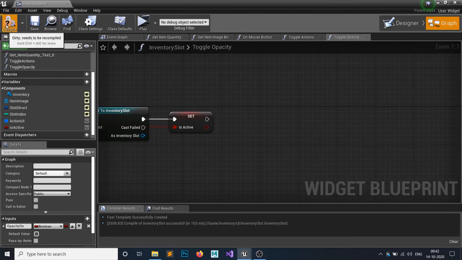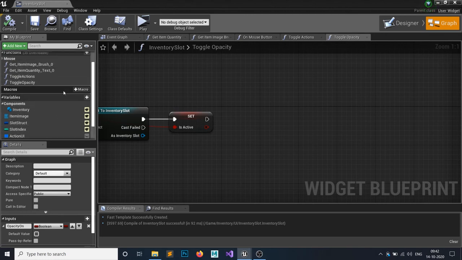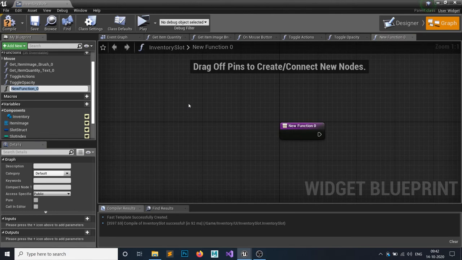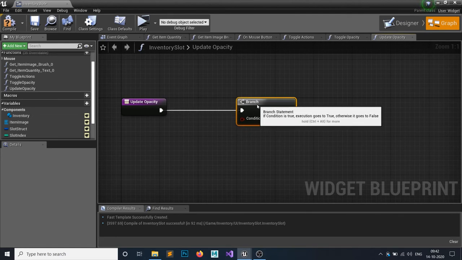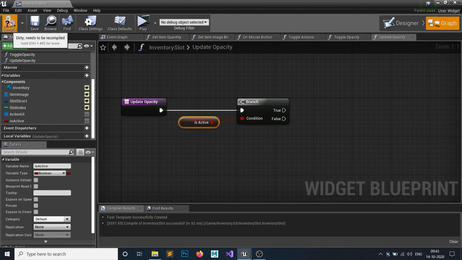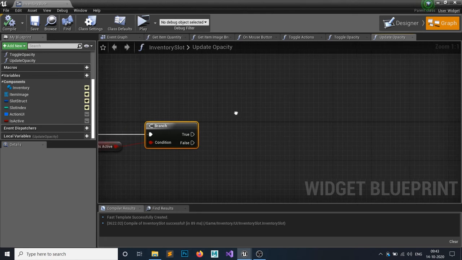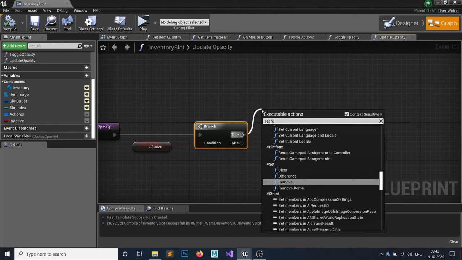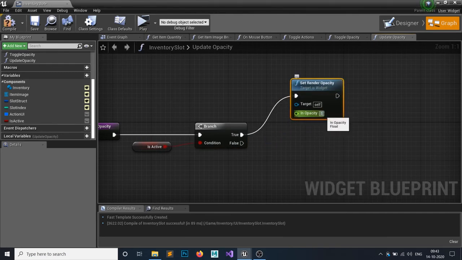After that we want to change the opacity. So how are we going to change that? Let's make another function called update opacity. Hit branch, and if it's active, yes, our selected slot is active, then we want to set the render opacity to 1, because our slot is active, right?